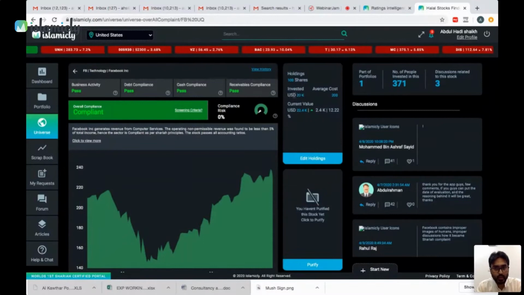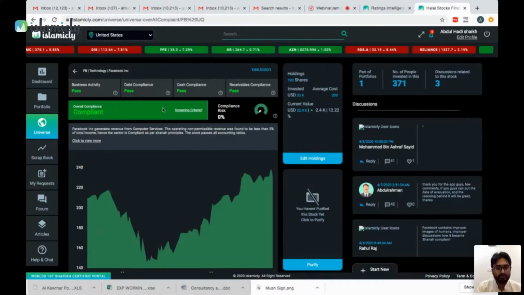That means you would have invested USD $20,000. That's 20K. Your average cost is 200 because it's dividing these two together. Your current value is USD 22.44K, and your increase in value is 2.4K or 12.22%.